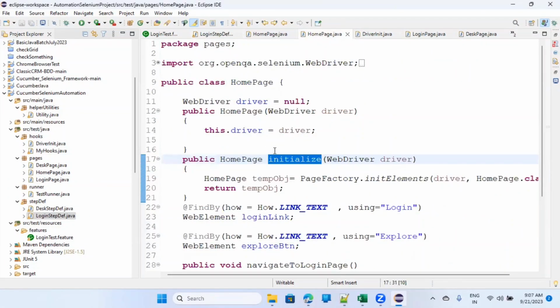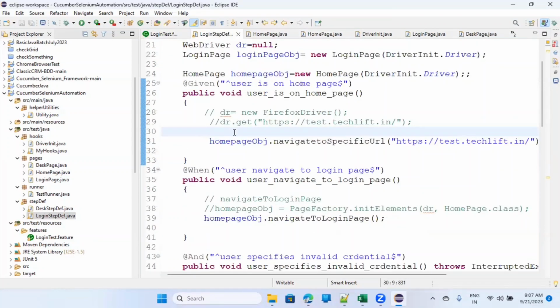In the home page, we created a function, right? Initialize. So that should work. I'm not able to call this initialize function from here. So home page object, which is there, home page object dot